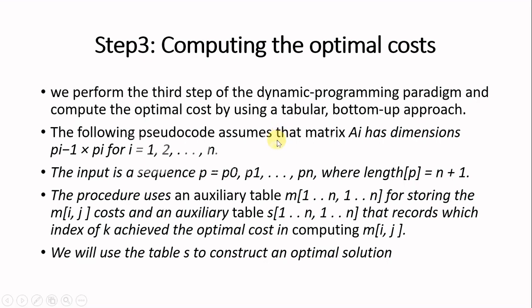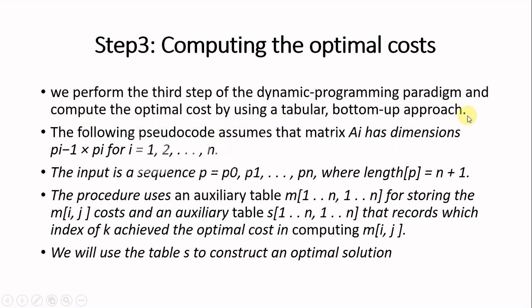So now we see the third step in the dynamic programming paradigm, that is computing the optimal cost. So what were the first two steps? The first step was characterize the optimal structure, then define the value of an optimal solution recursively, then the third step is computing the optimal cost. So we had defined the value of an optimal solution recursively. Now we are going to perform the third step, and we are going to compute the optimal cost by using